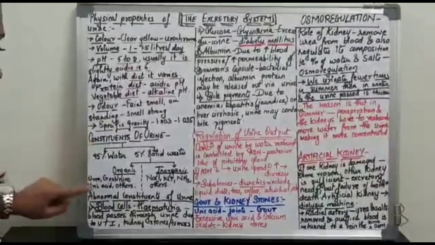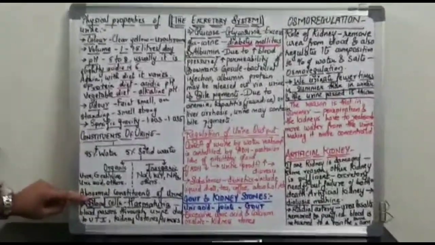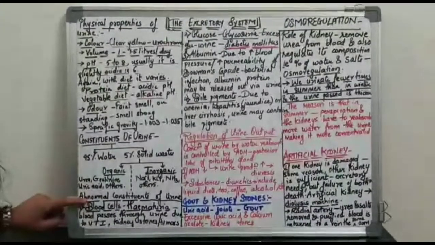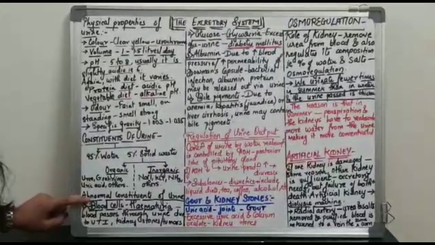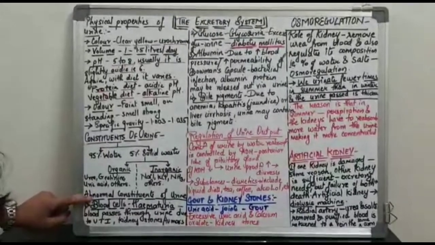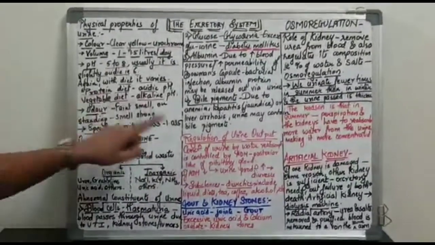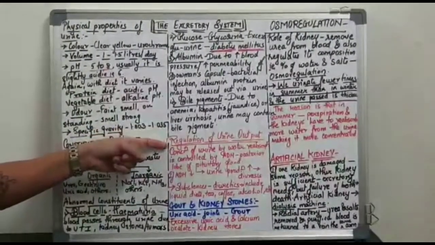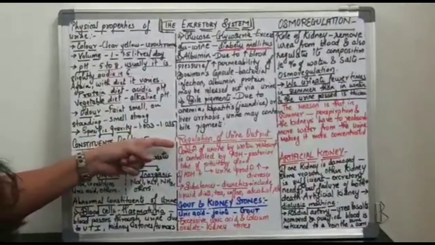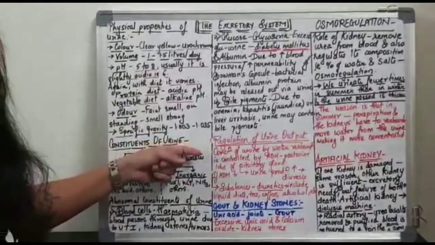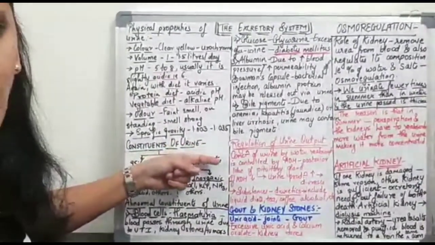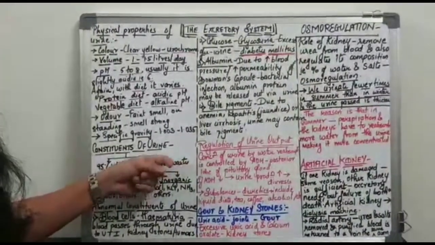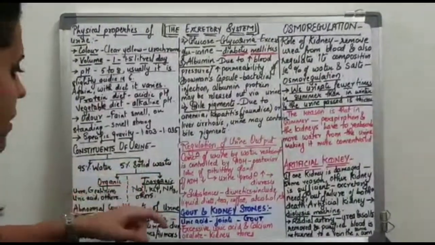And what if some person is diseased? That means if the person is suffering from some UTI, urinary tract infection, what would be the composition of his or her urine? We will have to understand about the role of, or the regulation of, the urine output. That means the urine which has been excreted out of our body, who controls that urine output apart from the brain who gives the signal.